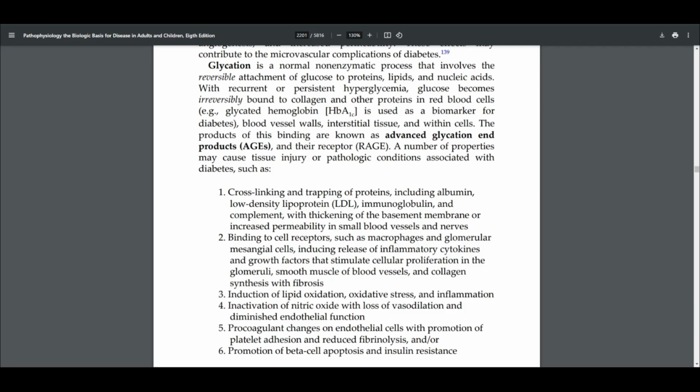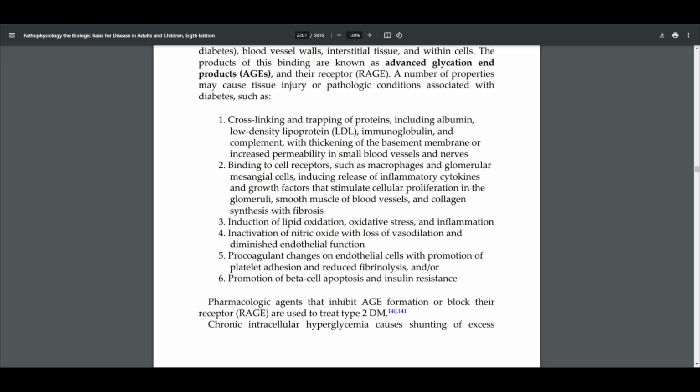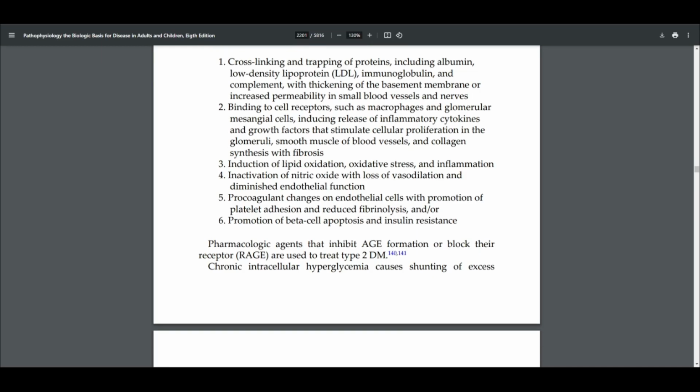A number of properties may cause tissue injury and pathologic conditions associated with diabetes, such as: 1. The cross-linking and trapping of proteins including albumin, low-density lipoprotein, immunoglobulin, and complement, the thickening of the basement membrane, or increased permeability in small blood vessels and nerves; binding to cell receptors such as macrophages and glomerular mesenchymal cells, inducing release of inflammatory cytokines and growth factors that stimulate cellular proliferation in the glomeruli, smooth muscle of blood vessels, and